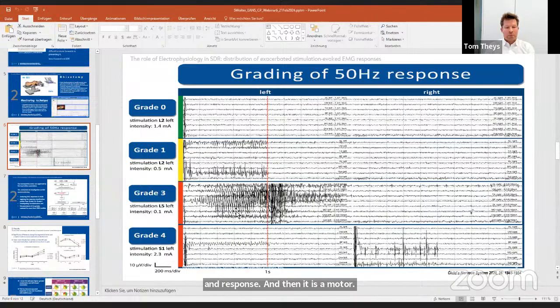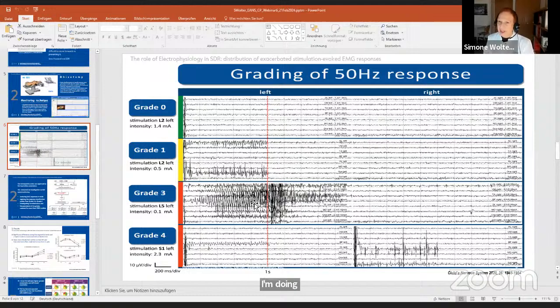The next question is about how many muscles are tested for each rootlet in general. We have these 8 muscle groups on both sides, and we observe them all the time during the rhizotomy.